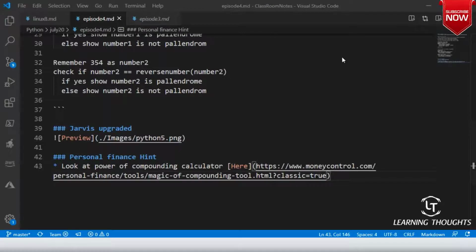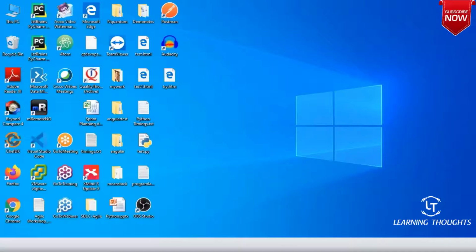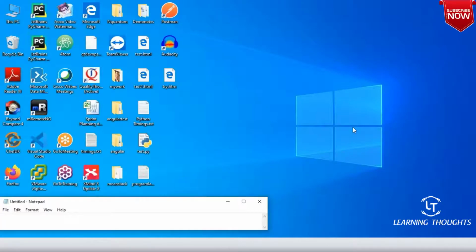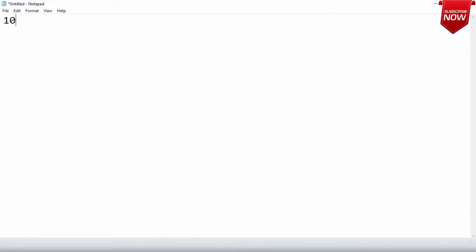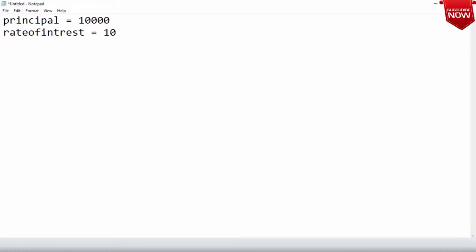Let us do very simple math. Say you had 10,000 rupees or dollars, whatever you call it. This is what I am calling the principal. You have given it at a rate of interest in some investment which gives you 12% returns, or let's say 10% returns, and the time period is 1 year.